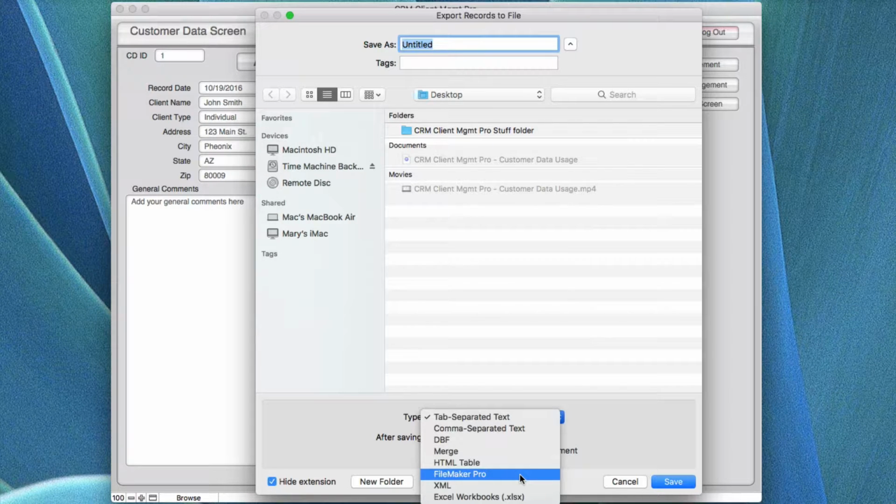FileMaker Pro, if you're moving data from one app to another, you can use FileMaker, and the formatting and everything is exactly what you need in order to move things back and forth. XML is not used by most people. It's very obscure. Excel is probably the most used because what it does is it gives you a list with